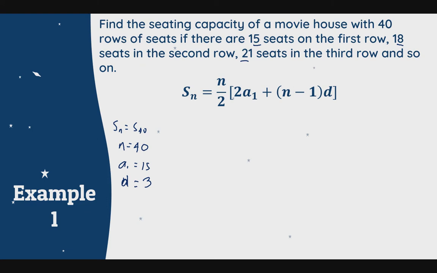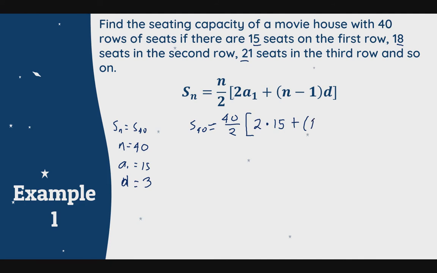So next, S sub 40, we will just replace our variables with the given data. So n will be 40 over 2 times quantity 2 times our a, which is 15,